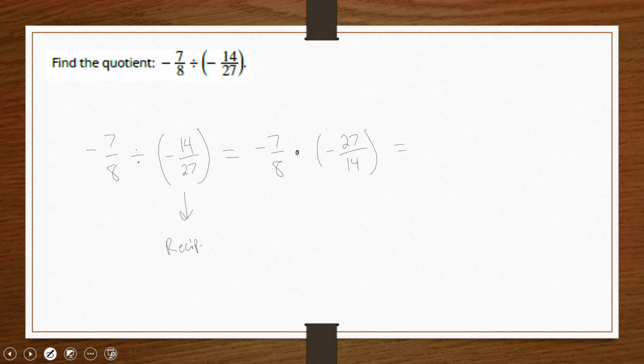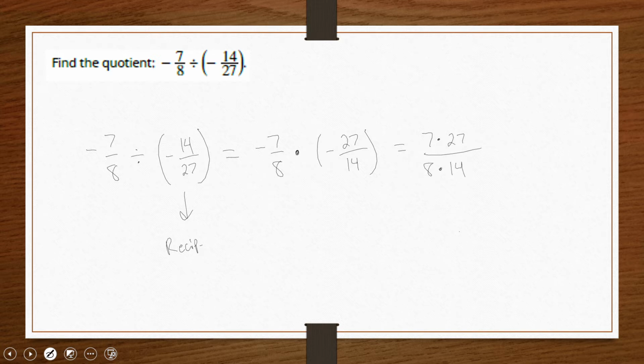So unlike the previous example, we actually have some larger values that would need to be computed here. And so instead of multiplying, say, for instance, 7 times 27, coming up with that value, and then dividing by whatever 8 times 14 happens to be, we could approach it in the following way. So first I'll note the sign of my solution should actually be positive, right? Since I'm multiplying a negative times a negative value here, my result should be positive. And just sort of putting the terms together in the numerator and denominator, it looks something like this for our